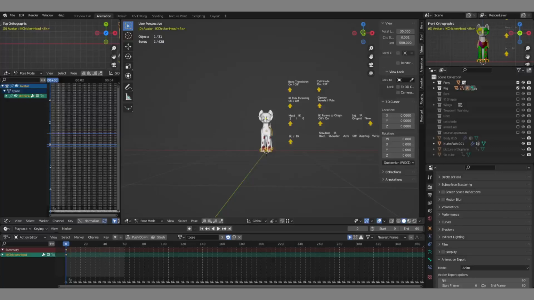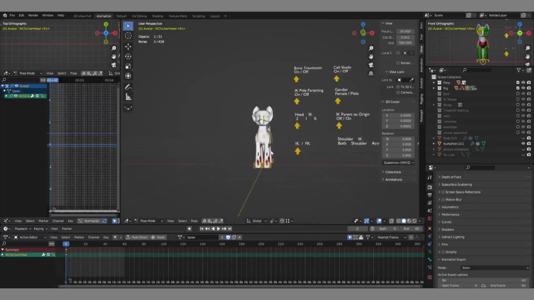The Blender interface is a little bit obscure, but first we will go over the layout. So assuming you opened the file pony animation full,